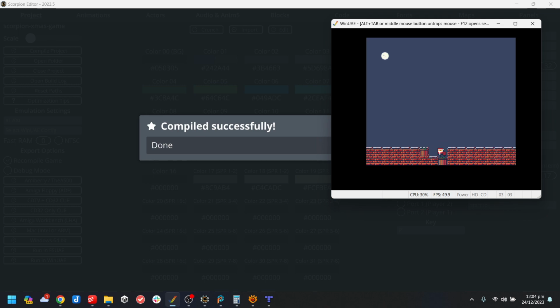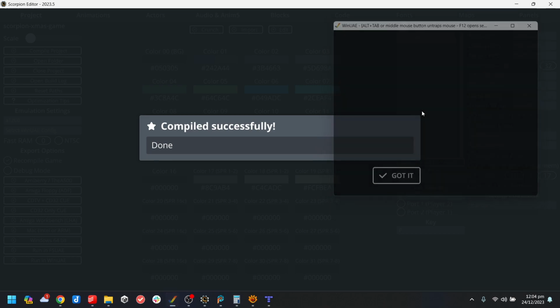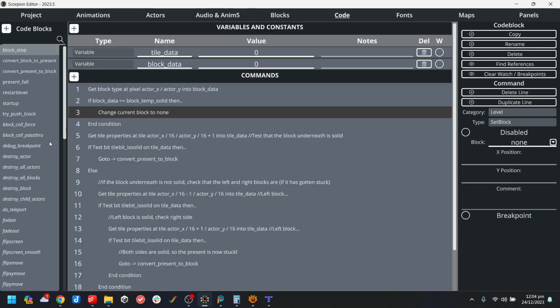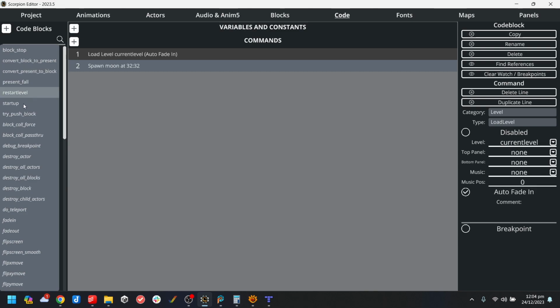Yep. Oh, okay, that wasn't something that I'd expected would happen. Oh, because I haven't, I'll need to check my code for checking the left and right. If I'm pushing left, I think that's just that I haven't got any code for checking, if I'm pushing left, just to make sure the thing at the left isn't solid. Before I go to that, I do want to make it so that